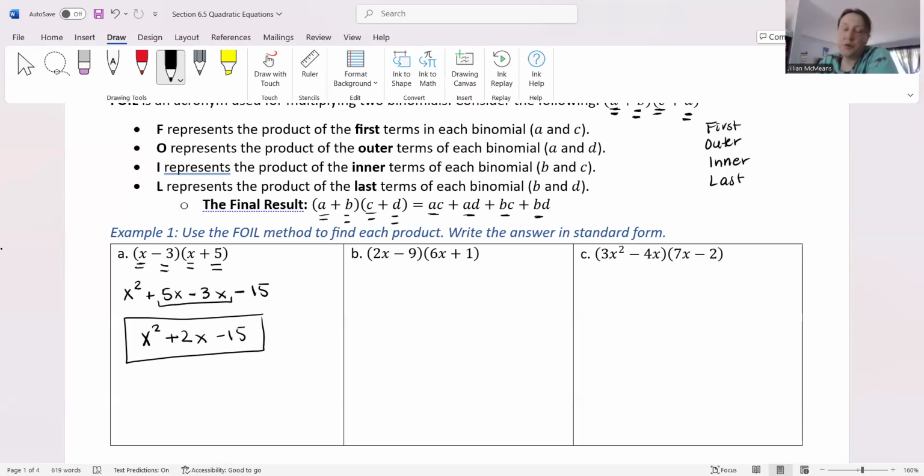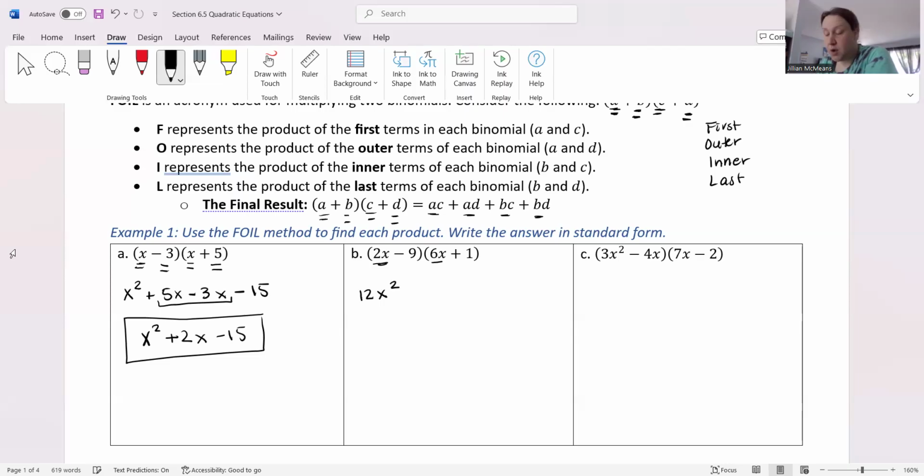Okay. For part B, we have 2x minus 9 times 6x plus 1. So I'm going to start with 2x in the first binomial, and then I'm going to distribute that. So I get 2x times 6x. We're going to take that first term in the first binomial, distribute it through the second binomial. So 2x times 6x is 12x